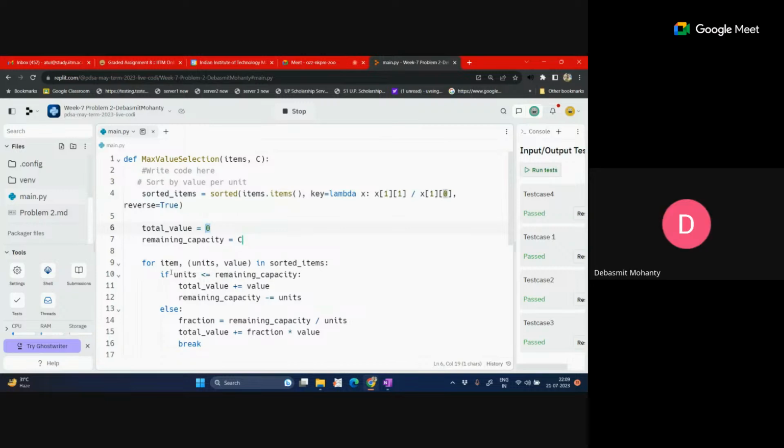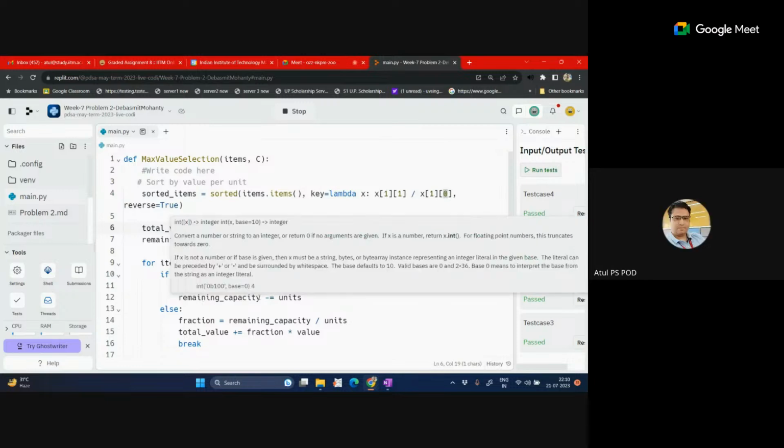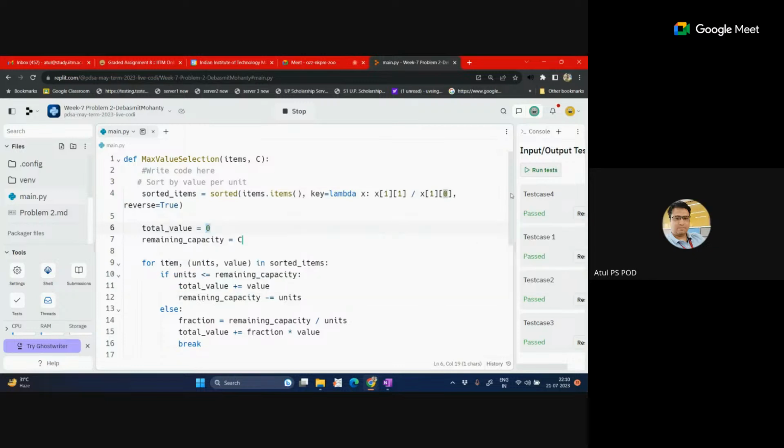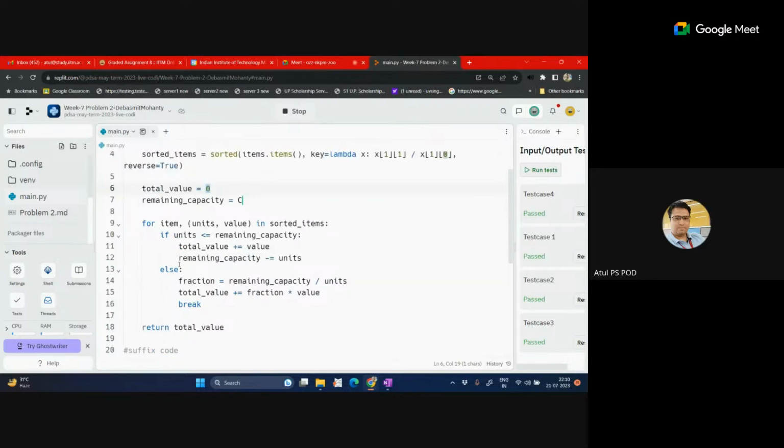Okay. So if units are less than or equal to remaining capacity, then total value you are adding, the value is representing the total value of all units, right? Yes. So you are picking all the units. Yeah, correct. You can pick, and after that you are decreasing remaining capacity minus total units of that item. Otherwise,